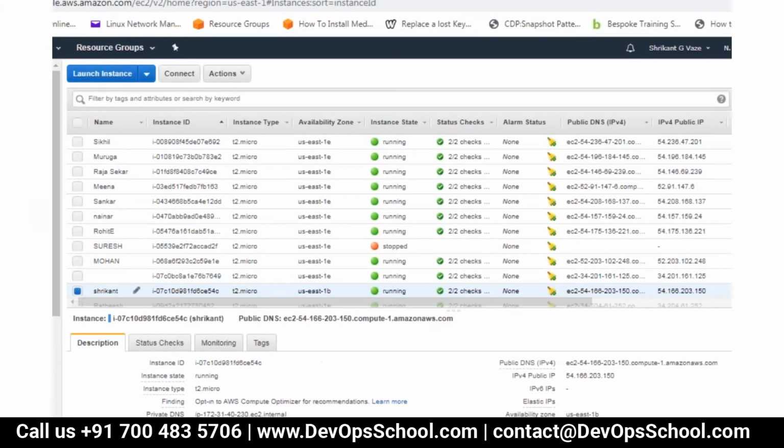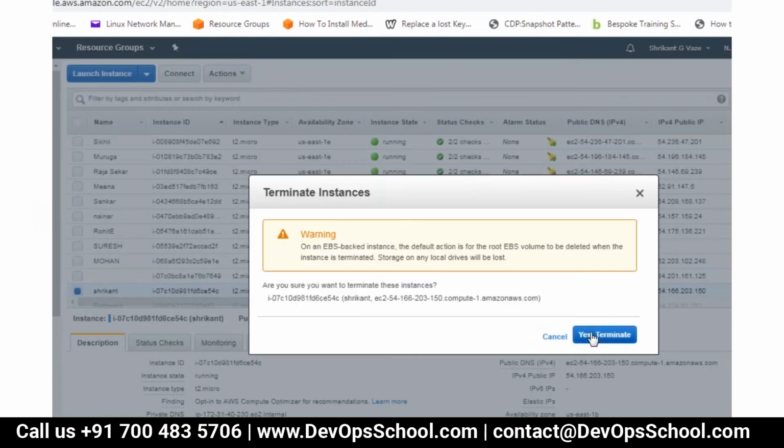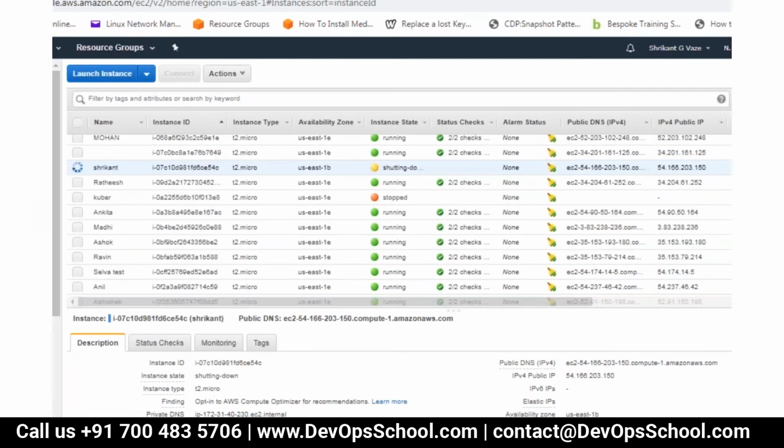And in the next exercise, we will be creating a Windows instance, and I'll show you how to connect it, and then some other concepts will be covered. So first of all, go to your instance, go to actions, go to instance state, and terminate it. Please go ahead and do that, all of you.